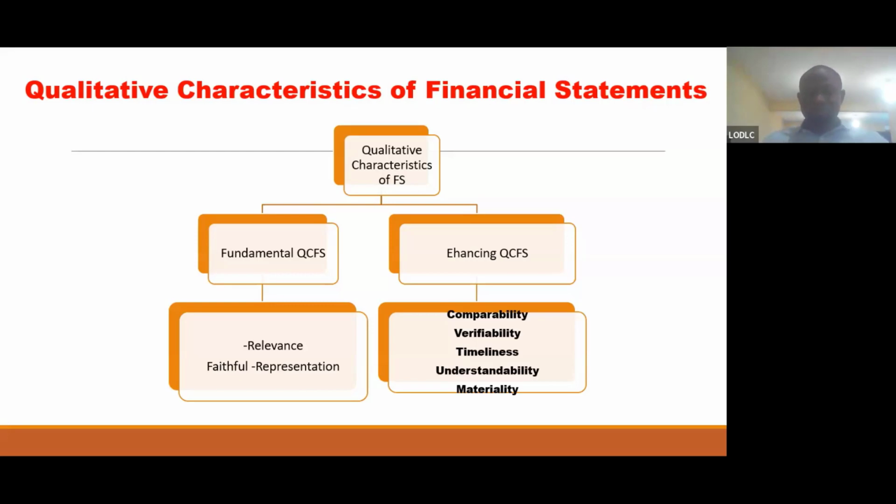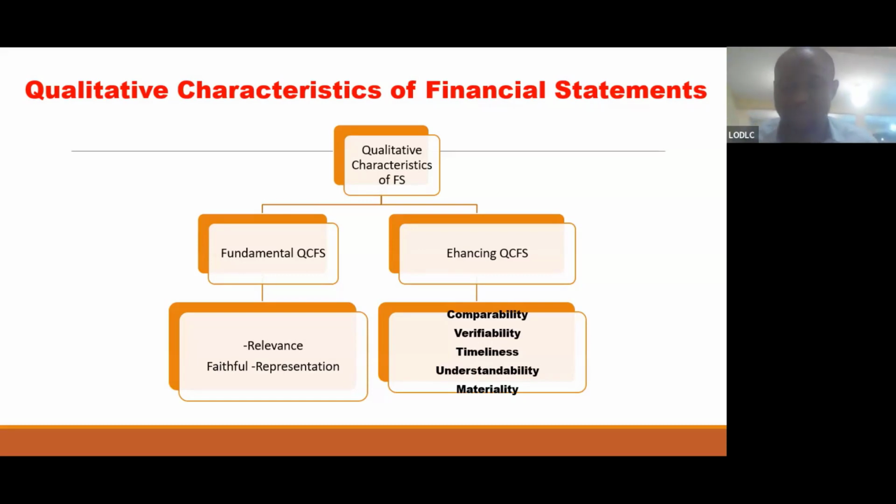So, let's assume we have an information like this, and that particular information faithfully represents the clear image or picture of that particular organization. You can say that there's a faithful representation of that particular report. Then when we are talking about enhancing qualitative characteristics of financial statements, we'll be talking about comparability, verifiability, timeliness,